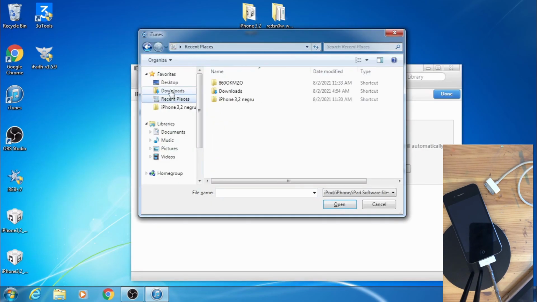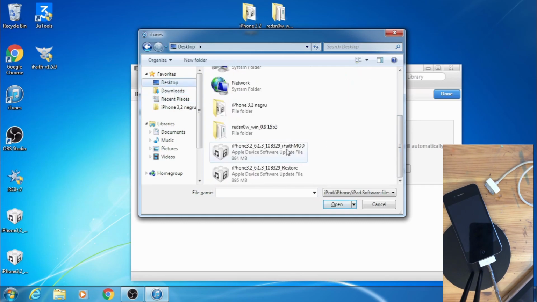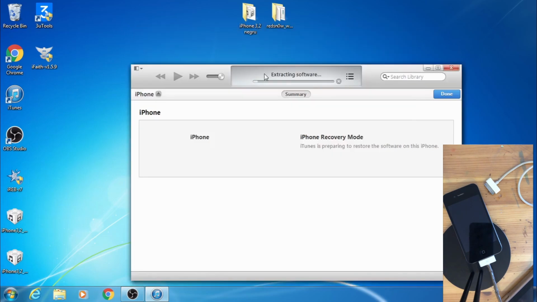Next, you're gonna go to desktop or wherever you saved your Geek Grade IPSW, and select it. Press open, and now it's gonna extract the software. Now you can just go drink some water, go outside and just wait, because it's gonna take a while.